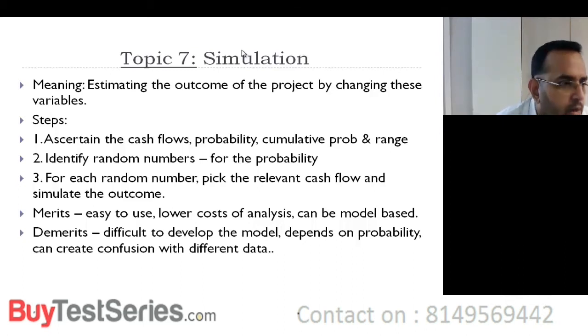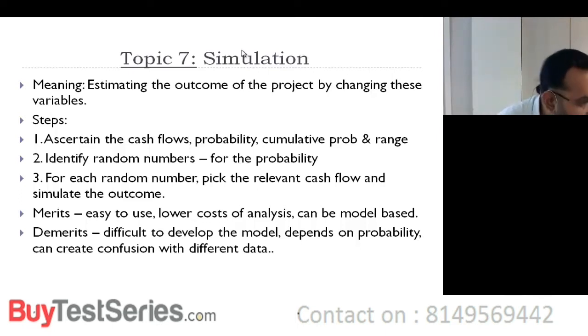They are going to install some automation, and the cost of installation is 4.2 crores. However, due to uncertainty in expected demand for the product, the cash flows cannot be estimated with any degree of accuracy. That's a problem. The following probabilities have been assigned. Cash flows in lakhs: year 1 cash flow is 80, 160, 240, with probability 0.2, 0.5, 0.3. Year 2 cash flow is 80, 160, 240, 320, and probabilities are given. Similarly for year 3 and year 4. So four years of cash flows, four types, and probabilities are also given.